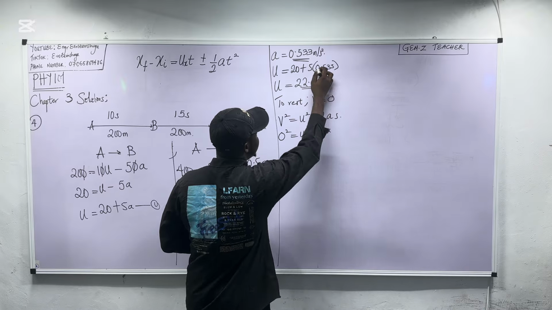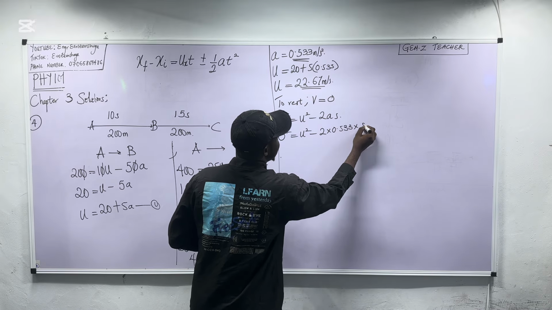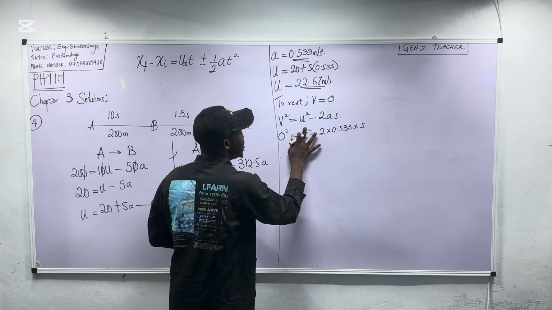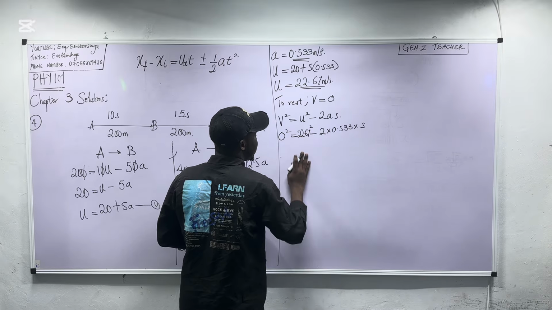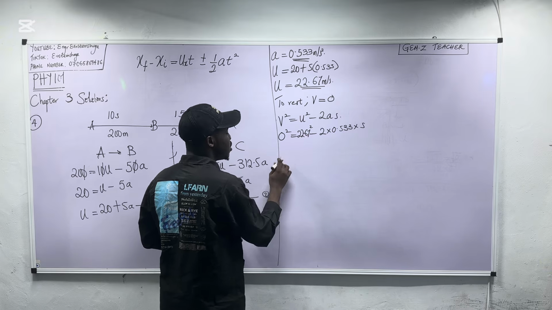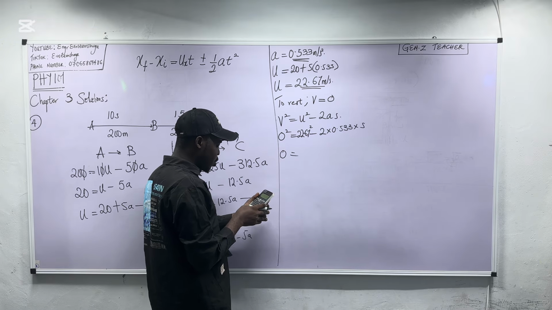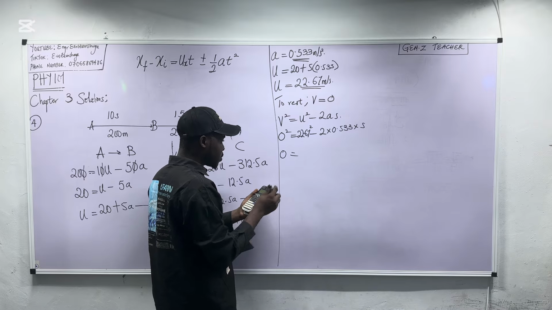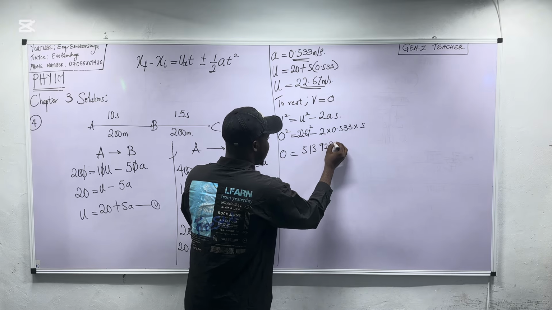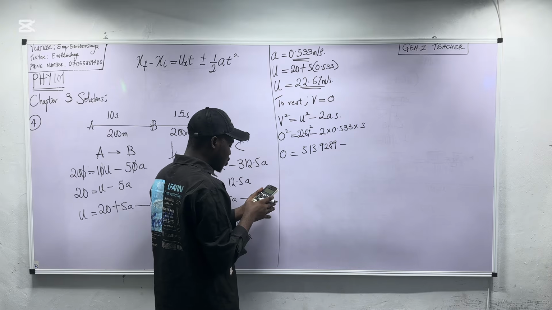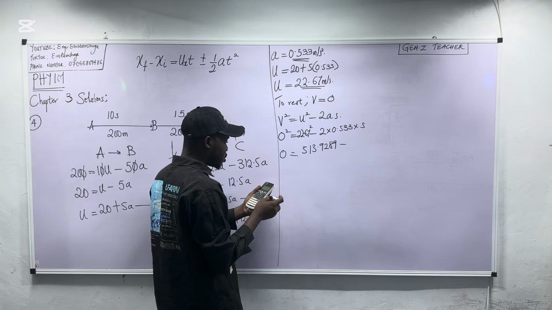Now what is the acceleration? It is 0.533, and then times s. But we know what u is, right? Yes, u is 22.67 all squared. So 0 squared becomes 0. Now what is 22.67 squared? It becomes 513.9289. Minus 2 times 0.533, that gives us